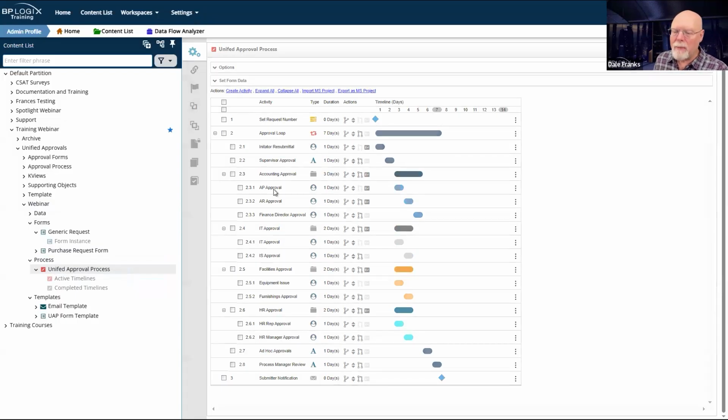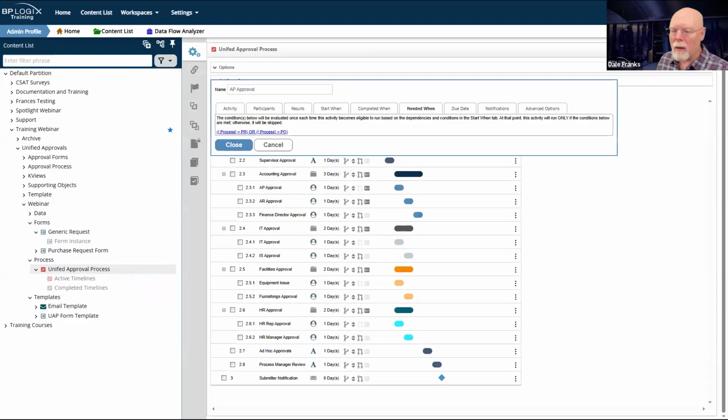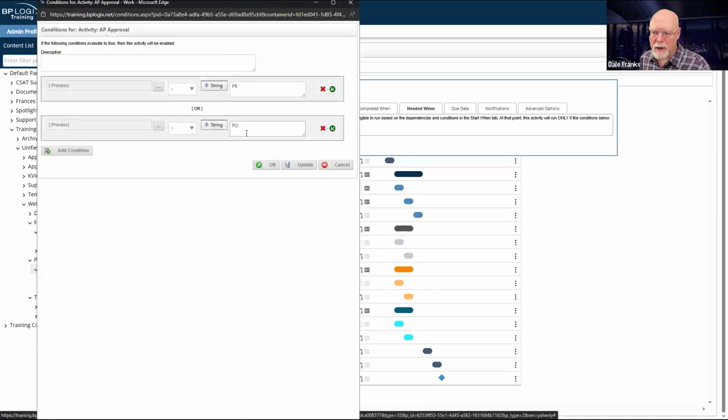If we look at my AP approval and AR approval, I have a needed when condition on these. I should probably open up the condition builder to make this marginally easier for you to read. Again, using the form field system variable. Remember, I'm using multiple forms with this process timeline. So anytime I need to evaluate a form field, I have to use the system variable for that form field.